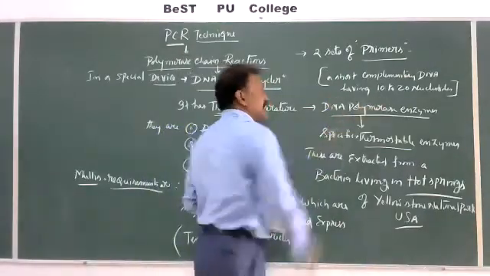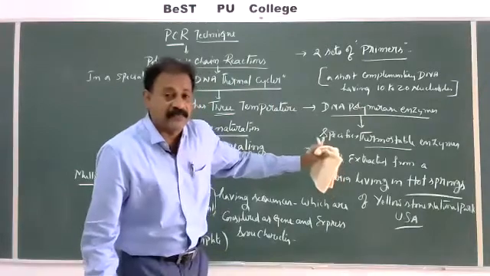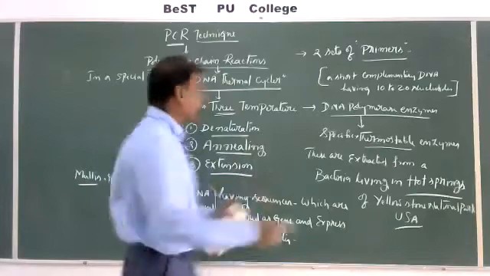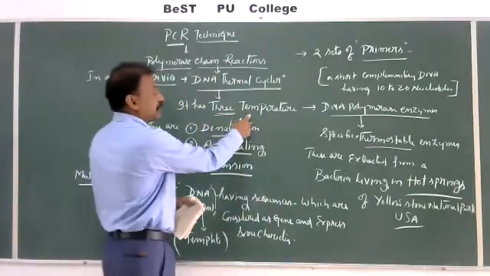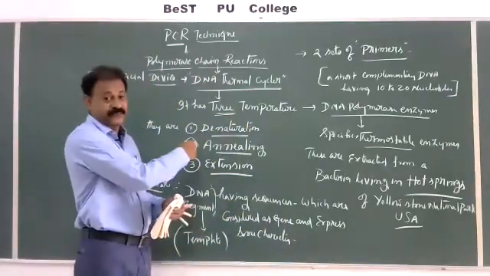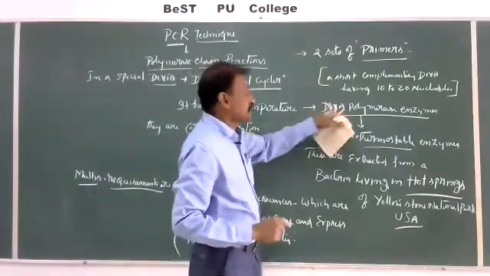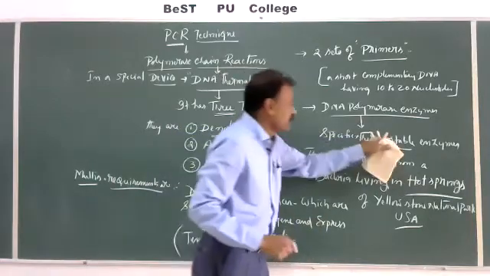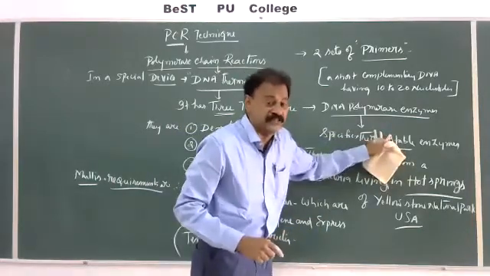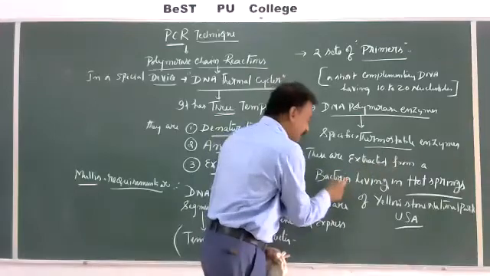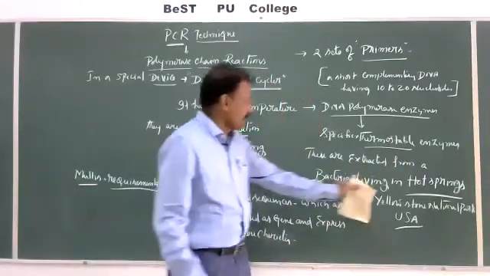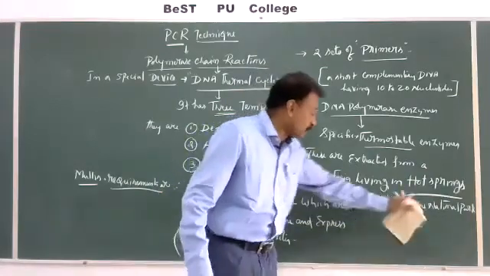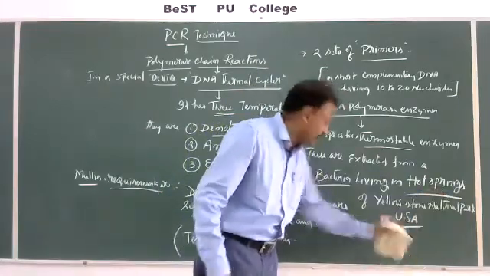DNA polymerase enzyme. Normal DNA polymerase enzymes are not able to withstand high temperatures, because there are temperature dependent steps, three different temperature dependent steps. So it is a specific thermostable enzyme, and this thermostable enzyme withstands the high temperatures. It is extracted from a bacteria living in hot water springs found in Yellowstone National Park of America.